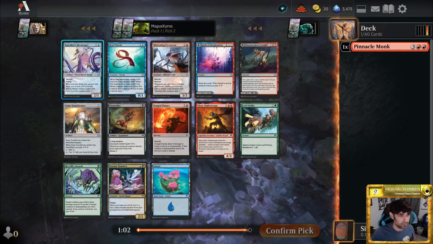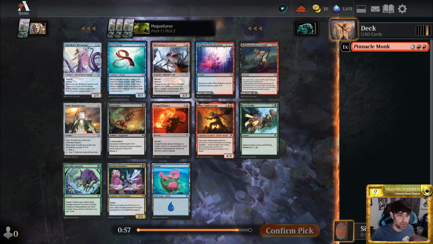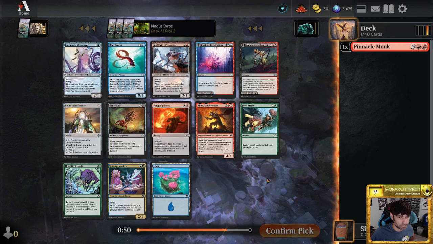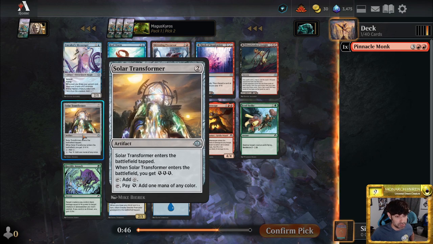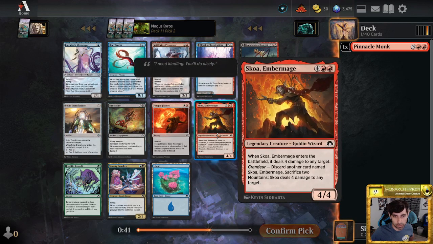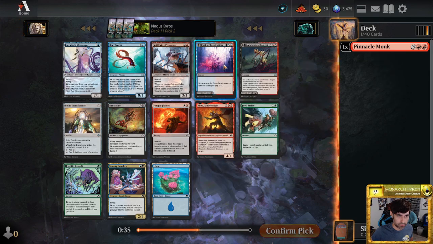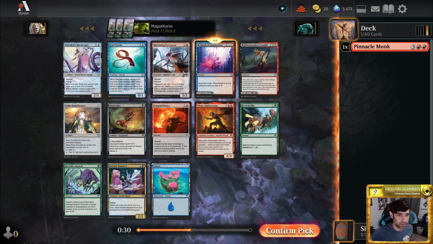Let's see what else we have. The Messenger. So second card drawn, you make stuff. Sure. Here's a dual land. Like that. A Foul Strike, a Solar Transformer. If you're in energy, I think this could be pretty good. Just the Grandeur Goblin, which is pretty cool. Nice idea at common. The Fanged Flames for just a removal spell. But I don't know. I'm looking at this Rush of Inspiration. I'm thinking that that's going to be